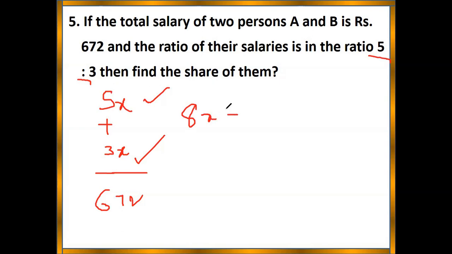From that, is it possible to go for x value? Yes. So what is the x value? 8 8s are 64 and 8 4s are 32. 84 is the x value. Whenever 84 is the x value, it is possible to find 5 into 84 and 3 into 84, which are the incomes of A and B. So in any topic, whenever they give the ratio, we need to convert the ratio into the numbers by multiplying with x. Clear? Write down.